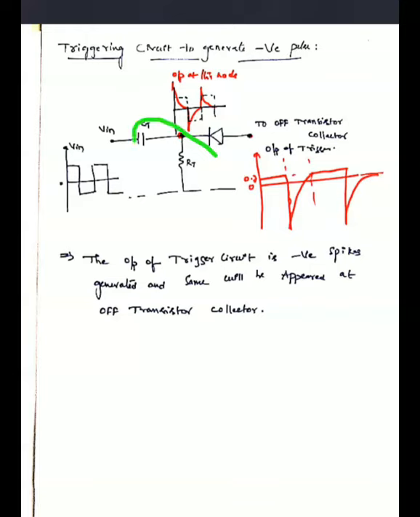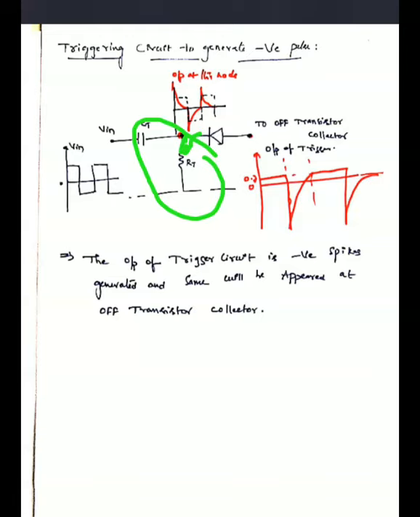a simple high pass RC circuit, which we already discussed in our first unit. This is a high pass RC circuit, and the input is a square waveform. The desired output response is positive spikes and negative spikes, and these two are developed across the resistor. Our objective is to generate a negative pulse, and the negative pulses are connected to the base of the ON transistor. So the negative spikes are considered in this case.